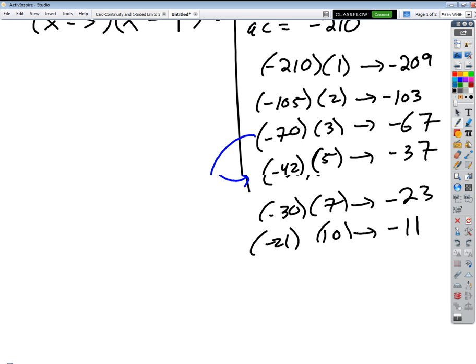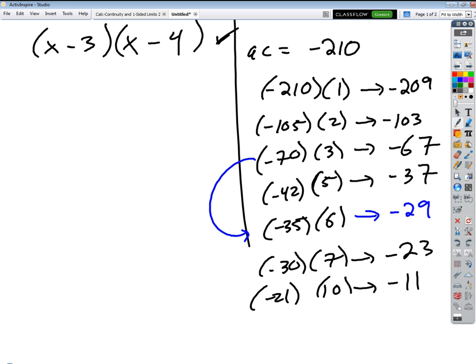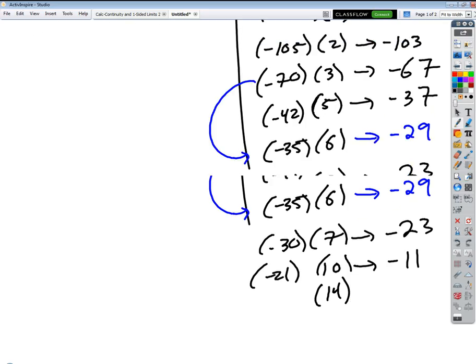11 does not, right? Okay. 12. No, 12 does not, does it? No. 13? No, I know it's getting hard, isn't it? 13 does not. 14? Yeah. 14 does. 14 times what? 15. Times 15. Okay. So now,